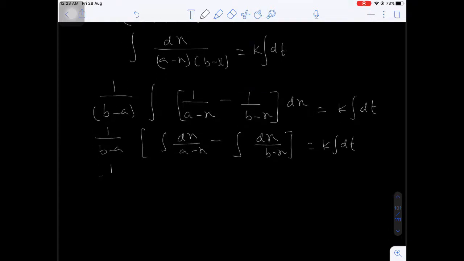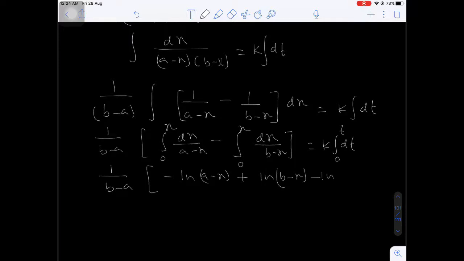Okay, now here I am writing 1 by b minus a, integral 1 by x will be ln x, so ln a minus x. Now the x value has a negative sign, so minus 1. Now here there will be limits, ranging from 0 to x, and on the right side 0 to t, the time interval. The limits overall I am writing here: ln b minus x. There will be a negative sign, so minus of minus will get the plus next to ln.